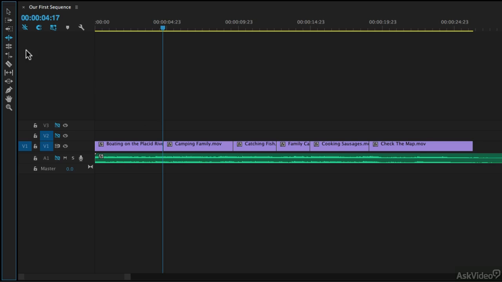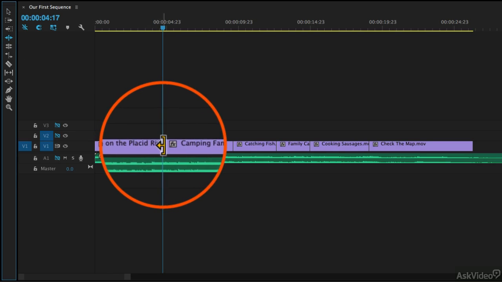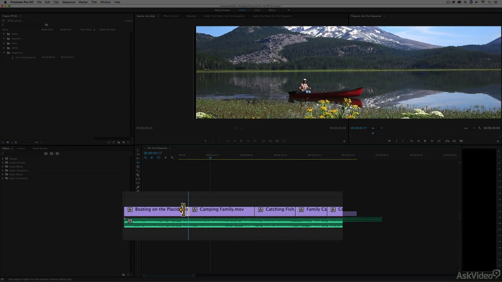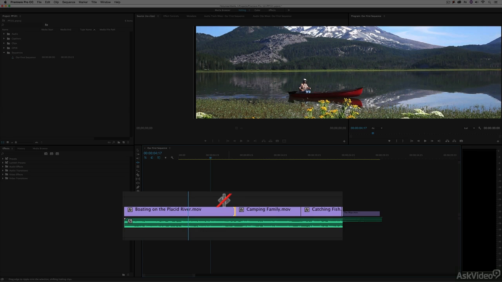I'm going to select the ripple edit tool, and you'll notice that as I hover it over the edit, we can choose either the outgoing frame or the incoming frame. In this case, I'm going to choose the outgoing frame, and I'm simply going to click and push the clip farther down. And by extending this first clip, it's going to extend the clip and push everything else down the